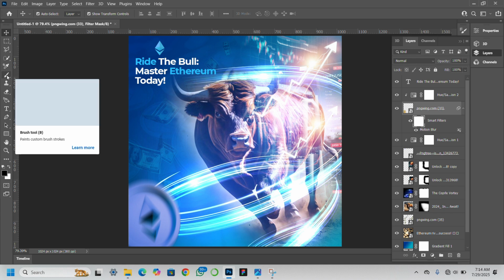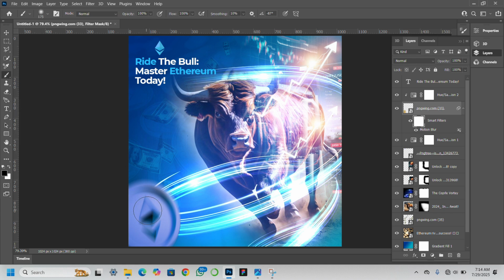You see this white place, I will click on it, and then I'll go here, brush. I want that coin, that Ethereum logo, to be visible, so I just click only on the logo, and the rest of every part is blurred. Then the next thing I'm going to do now is add another